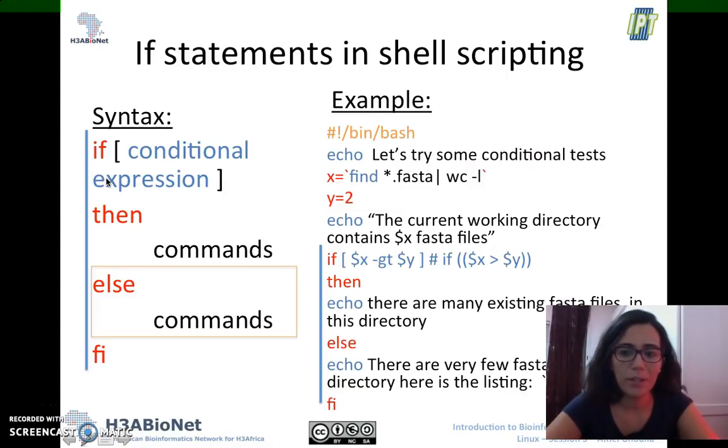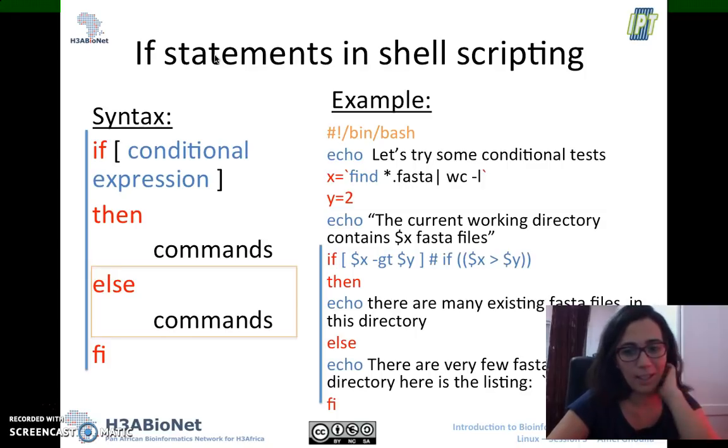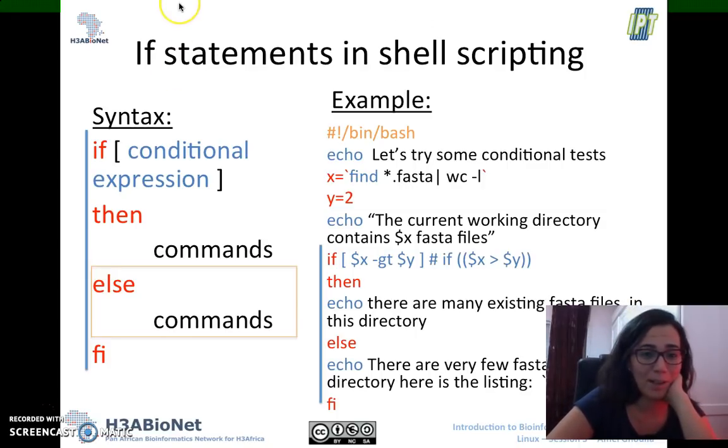Okay, so we saw a very simple example of a shell script, but shell is much more powerful than that. It can be used to do much more complicated commands and not only echoes to display some text or some variable contents. So inside the shell scripts, you can add many types of controls. If you wanna, for example, execute something, a command or any other program, depending on the value of a